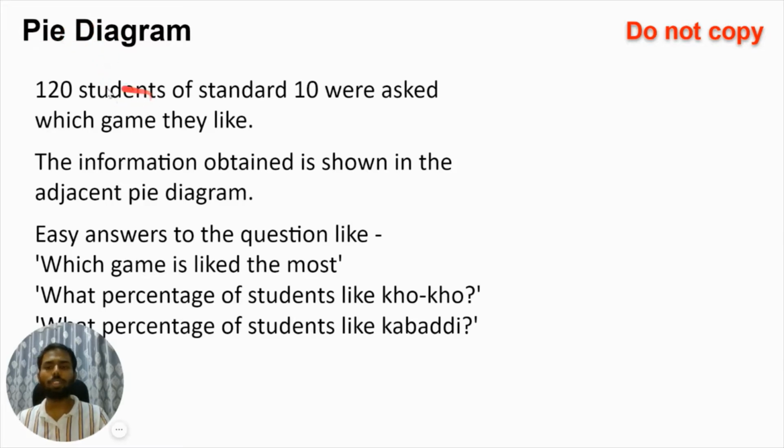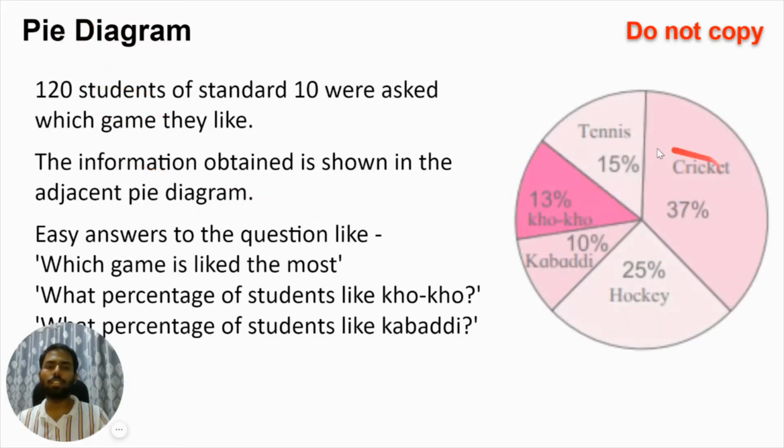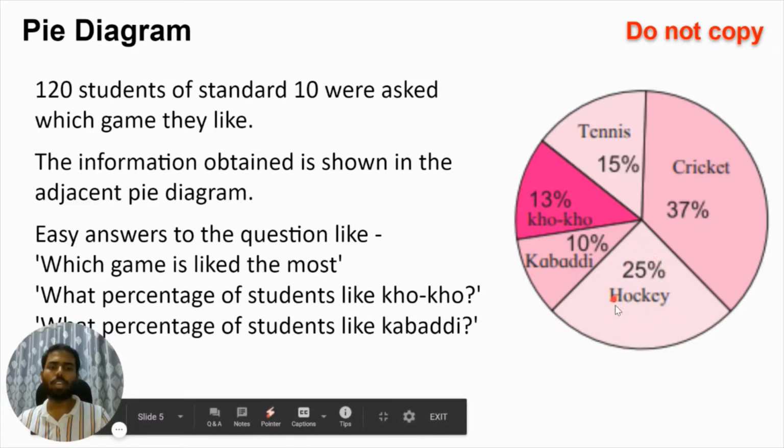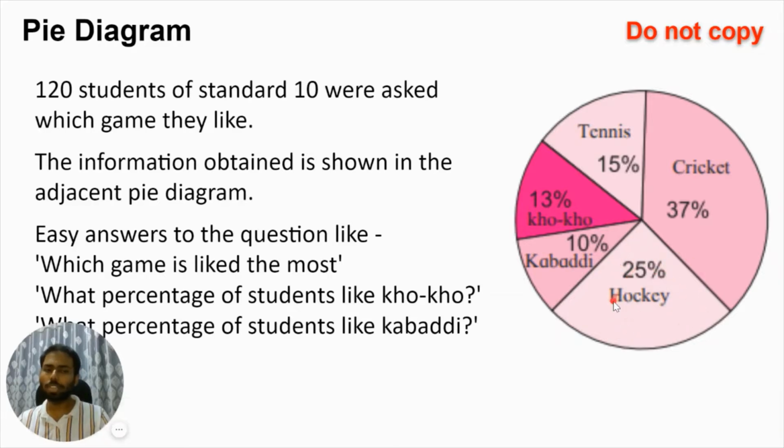How will the pie diagram for this particular experiment look? This is how it will look. So what are these shapes which have been formed inside the circle? For example, this shape for hockey, what shape is this? How does it look? It looks like a slice of pizza, right? So that slice of pizza shape has a special name. That name is sector.